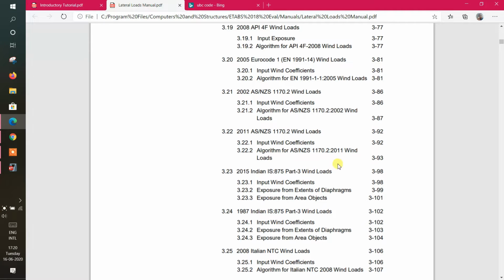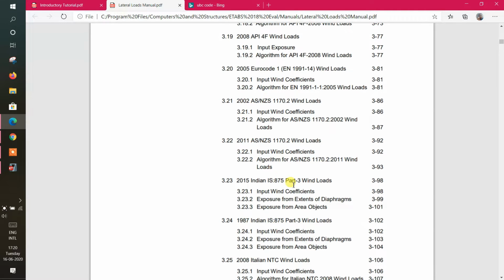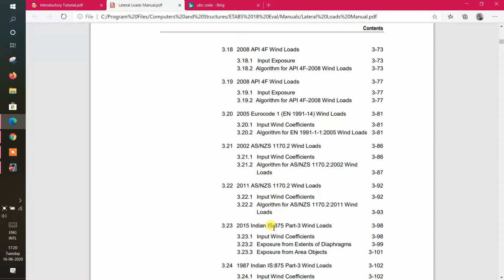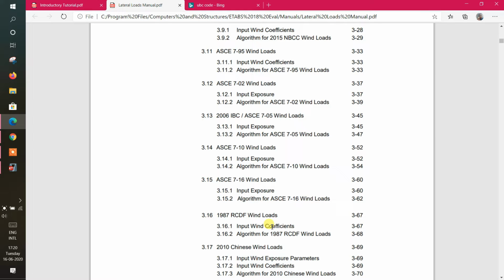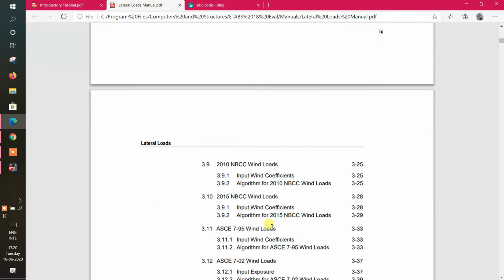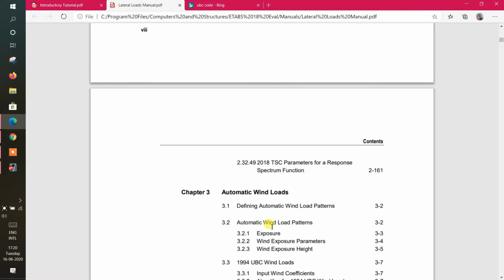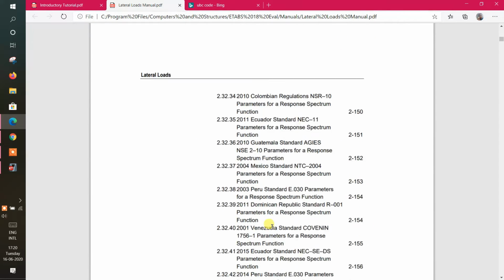Before that, this is IS 875 wind loads, guys. ASCE, this is American, automatic wind loads.